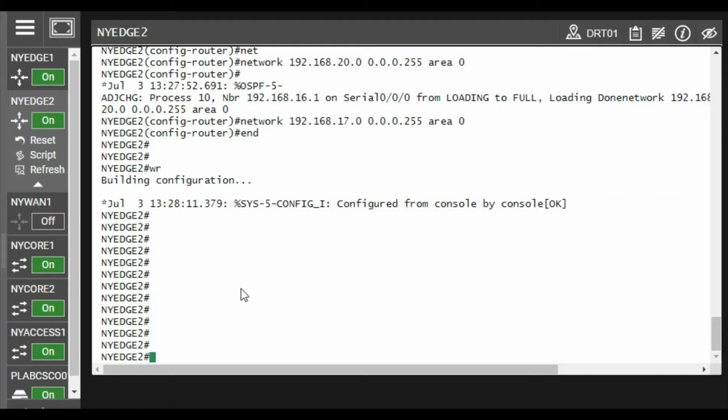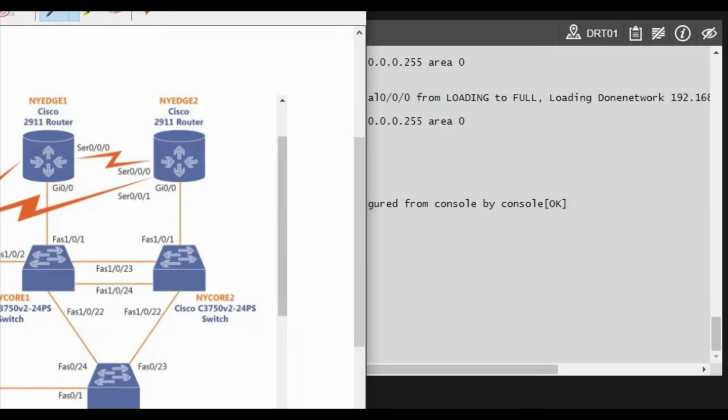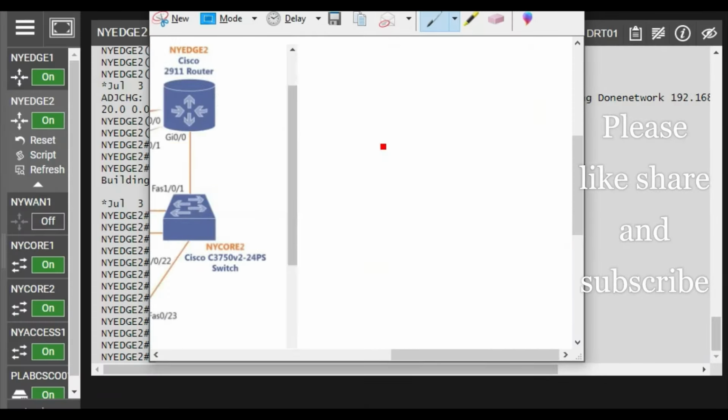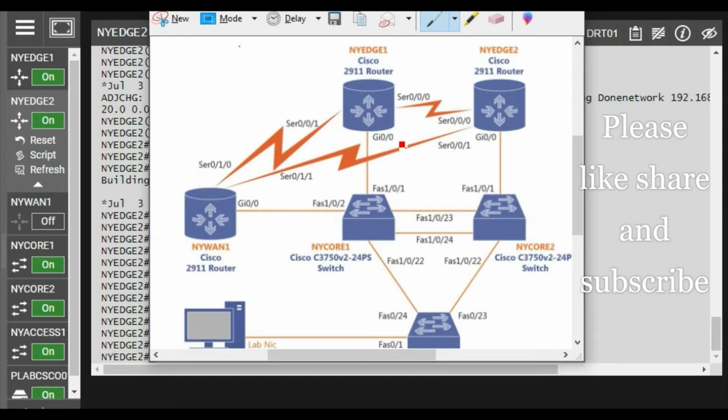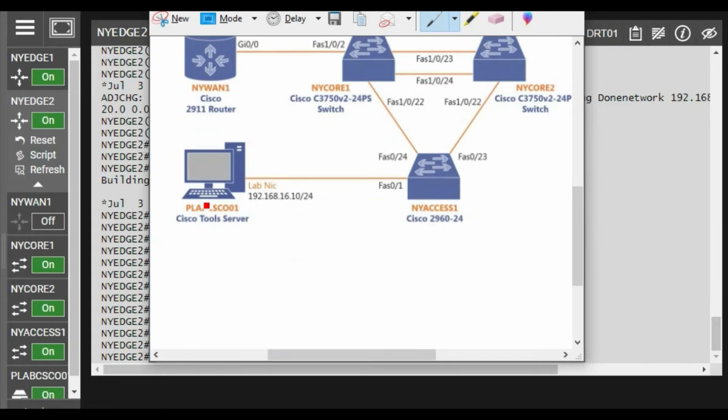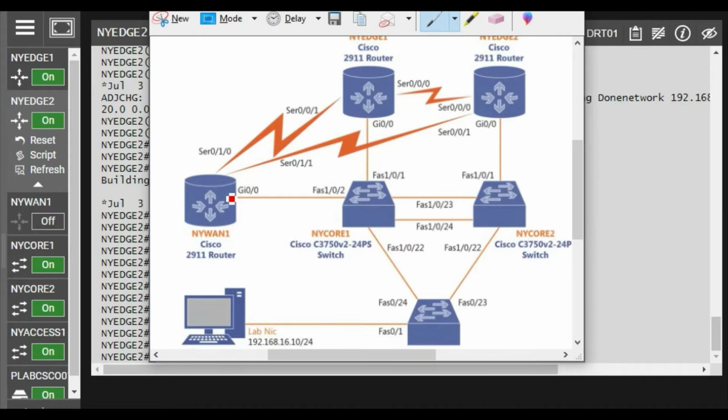I have taken a small topology with two routers, NYH1 and NYH2, and this is the logging server where we will store all the logs generated by these two routers.